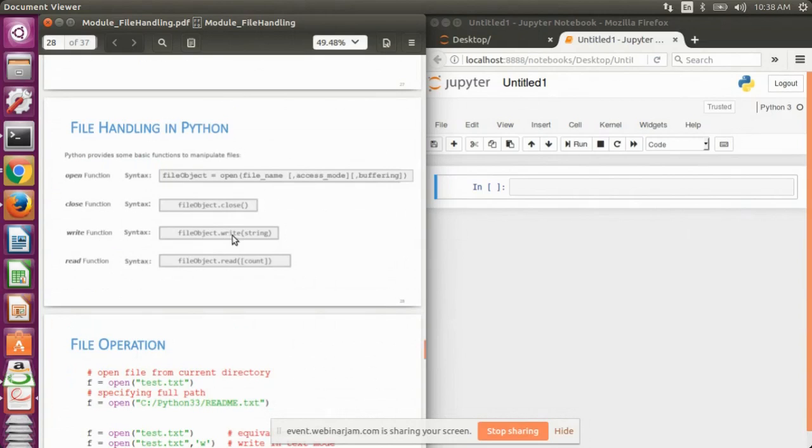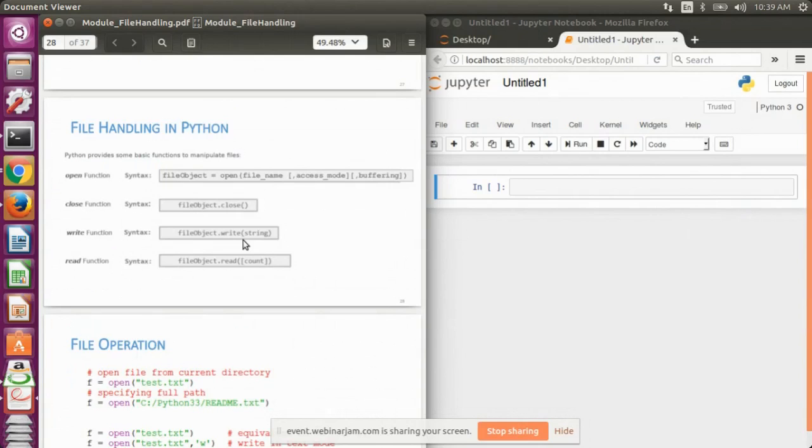To write in a file, we make use of the write function. The syntax goes like file object dot write, and in the brackets we pass a string or the data that we want to write. If we want to pass a variable like an integer value, then we can define the integer value.